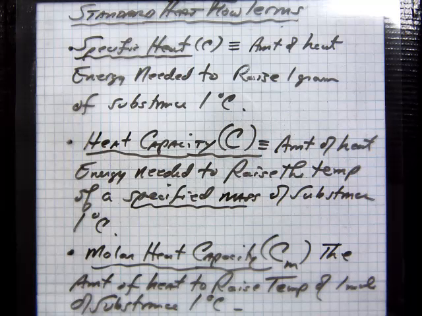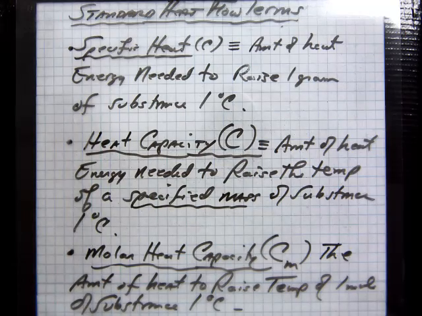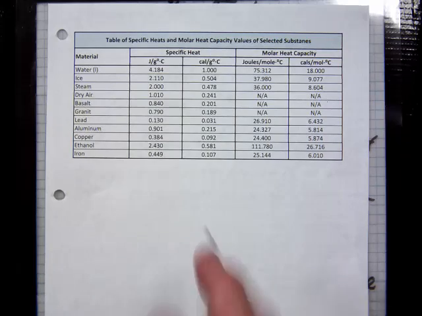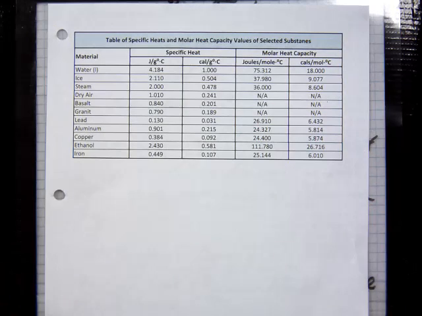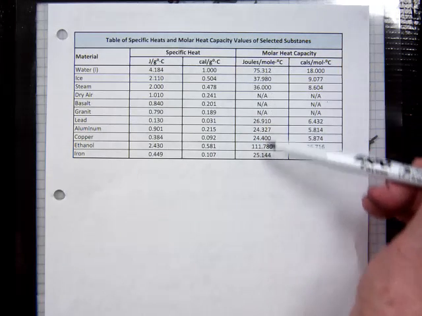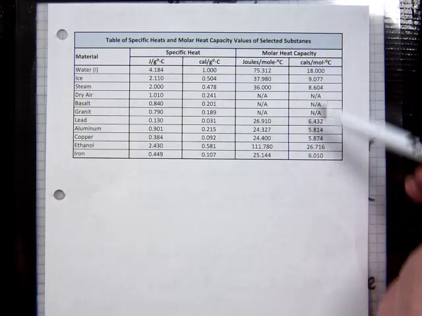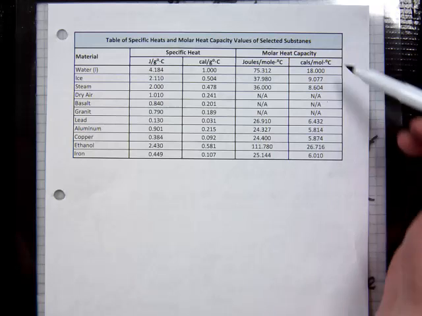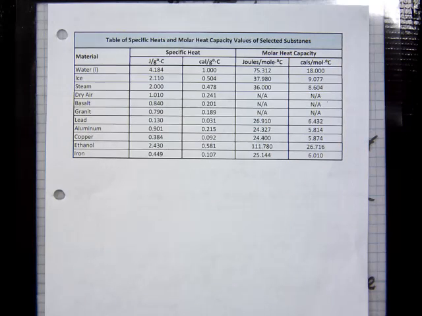Well, I've given you several examples in the handout to illustrate this. Here in calories per gram degree Celsius, and then here the joules per mole degree Celsius, and heat capacity, molar heat capacity, and others. And calories per mole degree Celsius. So those will come up as problems, and they'll mean more to you. But the issue is, how do we communicate energy changes and heat flow? And we do that in terms of specific heat, heat capacity, and molar heat capacity.